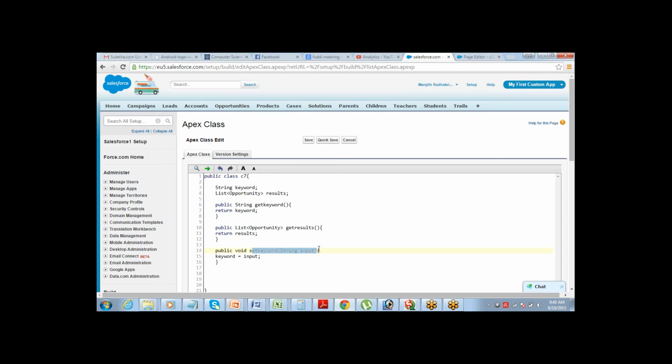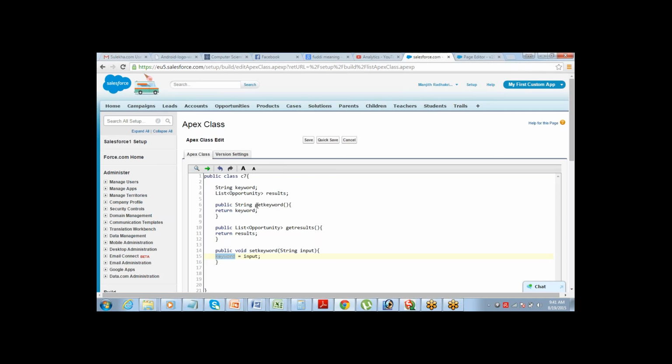Some related value we were passing in a variable, some ID or name, could be anything, ID, name, number. Something was being passed into a certain variable. Every time you click on the link, that variable was defined and the value was being passed there. Every time this function is called, it will pass the value from that input text into this particular variable. Now I am just saying that keyword is equal to input. Whatever value has been passed, I am setting it to my keyword because I will perform a search on the keyword.